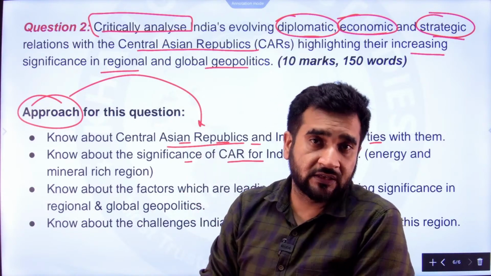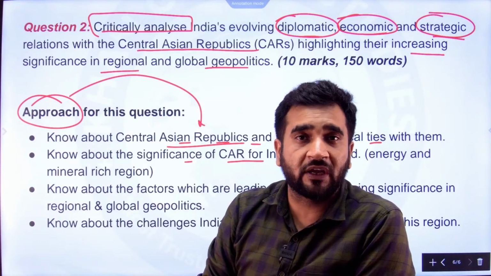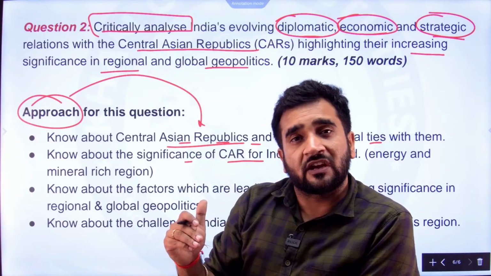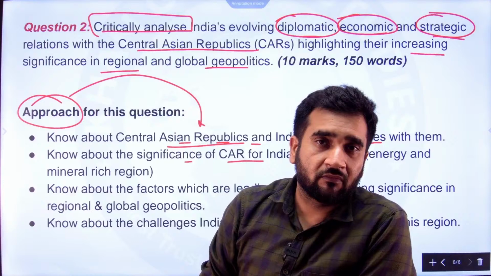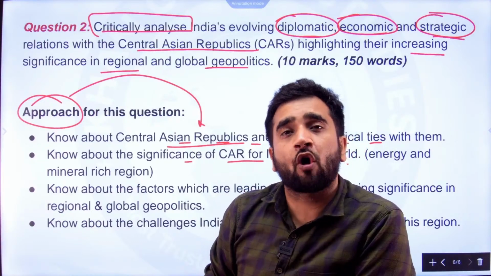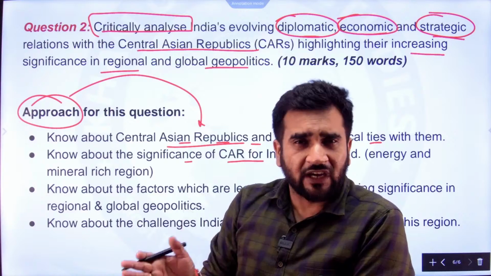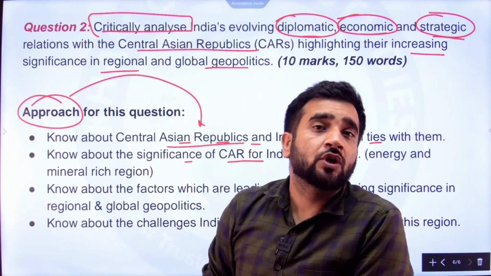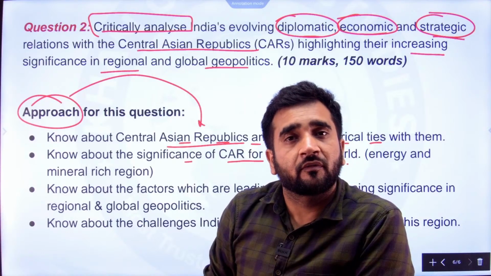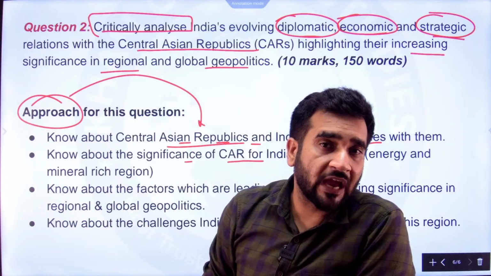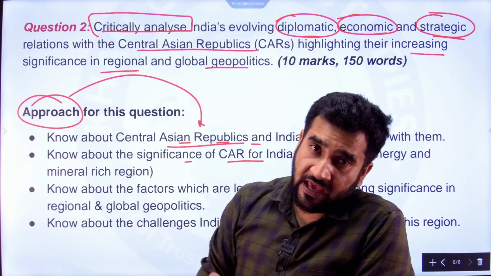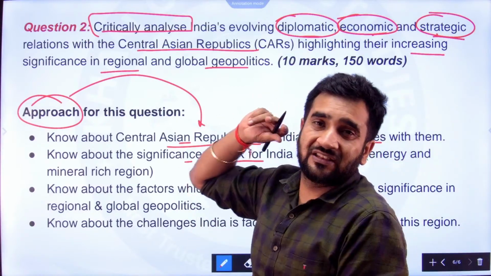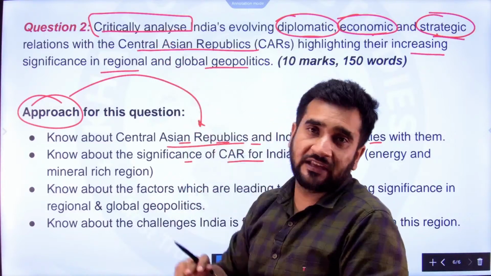Russia is fighting this war. It has sustained itself economically. It is exporting energy also to the world. These republics, the Central Asian republics, are supplying energy to Russia. They have been an all-time ally of Russia. China is also increasing its influence over this Central Asian region or Central Asian republics through its Belt and Road Initiative. Why should India be behind? But yes, there are certain areas in diplomatic, economic, and strategic domains where India is lacking, and we have to critically analyze, obviously, that.